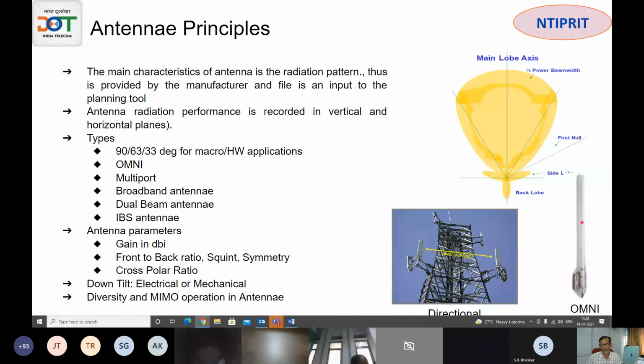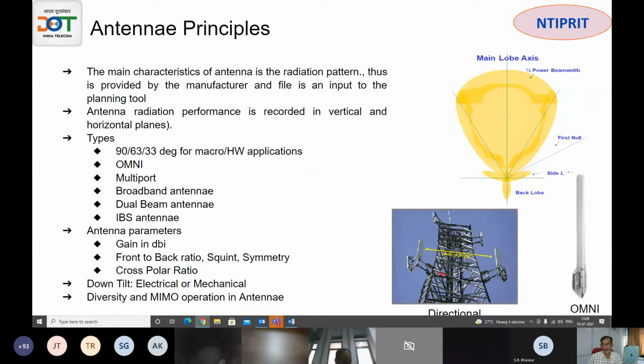Then there is the omni antenna, and this picture shows an omni antenna. It is something like a tube light. Suppose you want to cover a campus and you don't have many sectors, that means capacity is not needed. So you put an omni antenna, it will give a circular coverage everywhere without a beam pointing at a particular area. Then you have multi-port antennas. Your tower is loaded too much, and you cannot mount so many antennas. So you keep one antenna with multiple ports, so multiple antennas in the same form factor. That is called multi-port antennas.